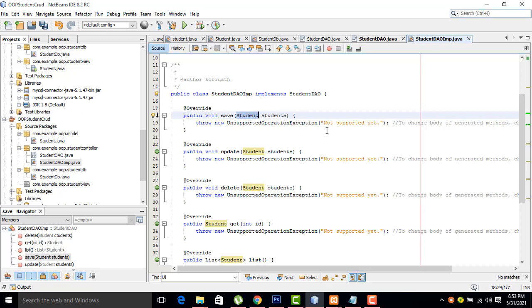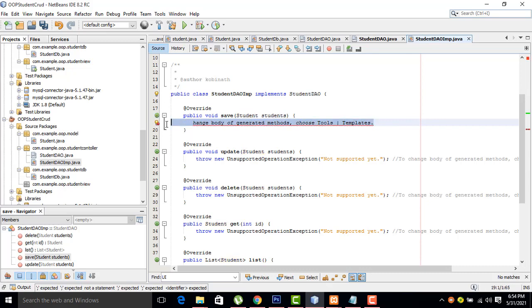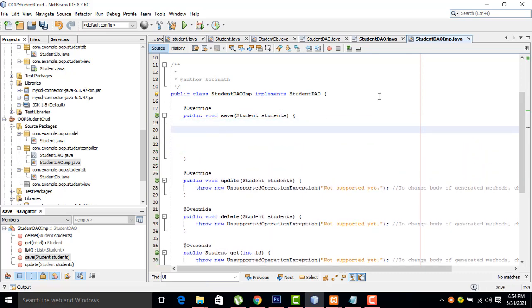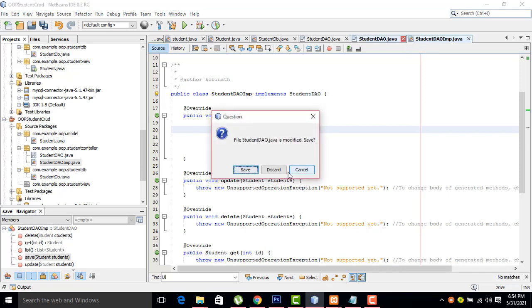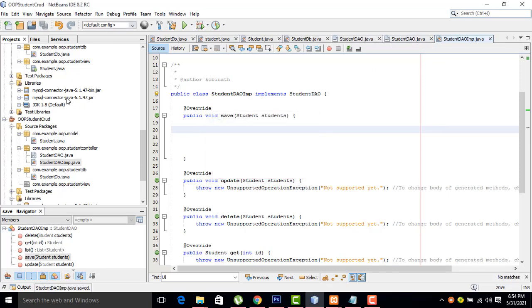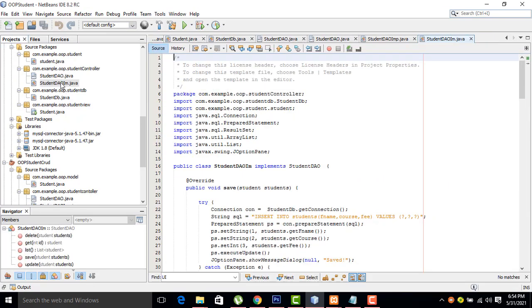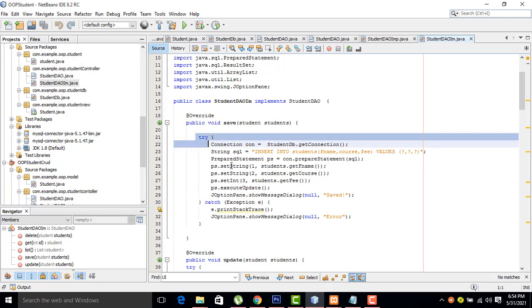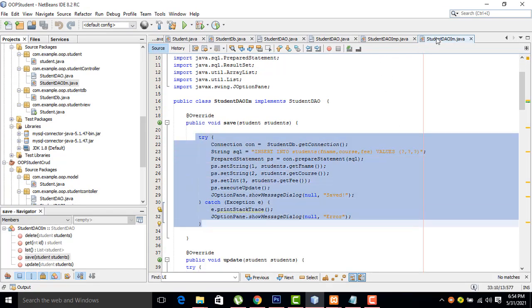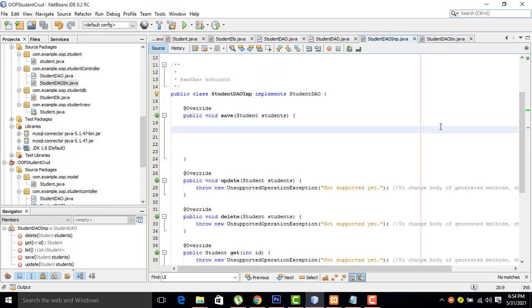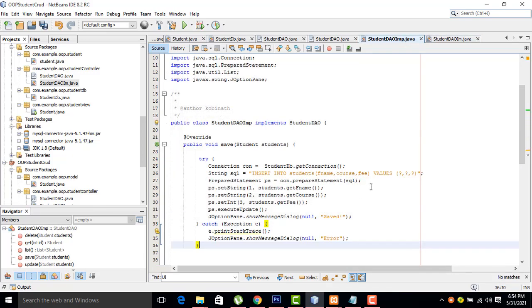Now here I'm going to write the save code. So this one we have to remove. This is save. Write the save method. Now go to this DAO, this save button. I just copy and paste it. I have explained it; if I write it out, it takes too much time to complete.